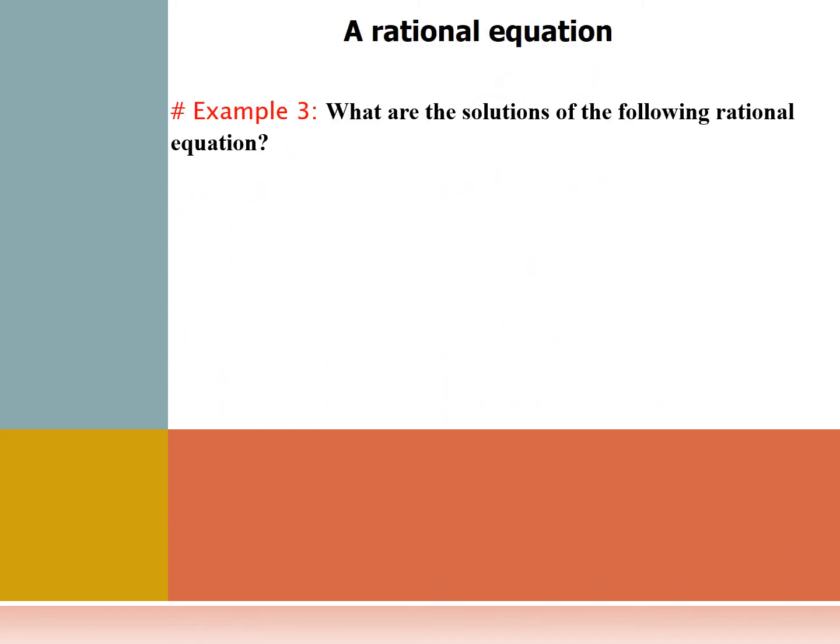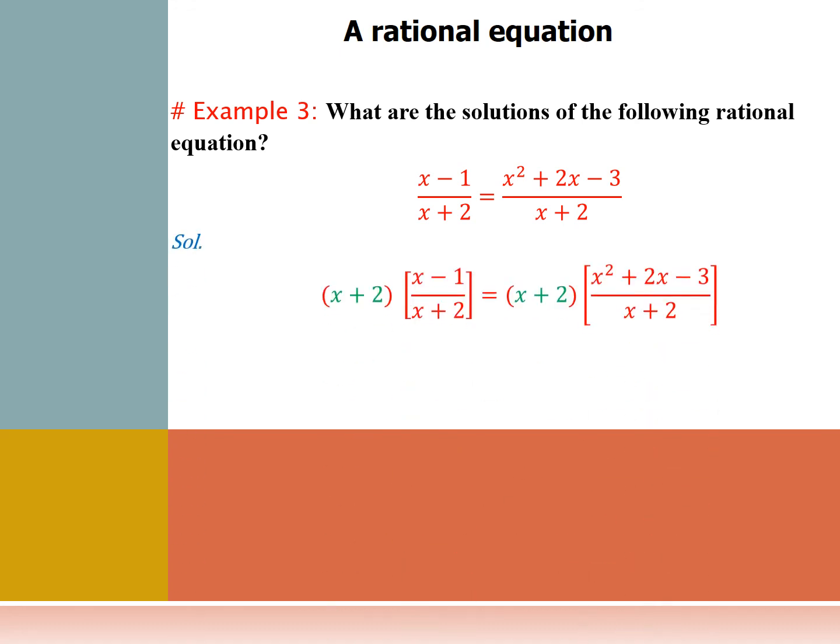Example number 3. What are the solutions of the following rational equation? Here we have x minus 1 over x plus 2 is equal to x squared plus 2x minus 3 over x plus 2. So for this equation, you just multiply by x plus 2 for both sides to get rid of the denominator. Now we have this step, x plus 2 times the equation. So cancelling x plus 2 from the denominator, we get x minus 1 is equal to x squared